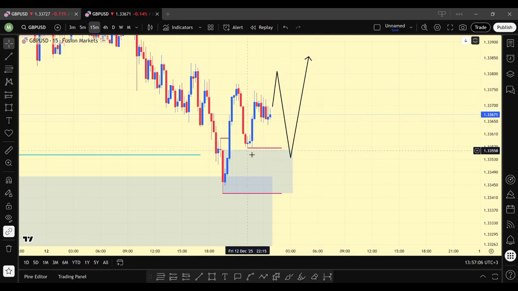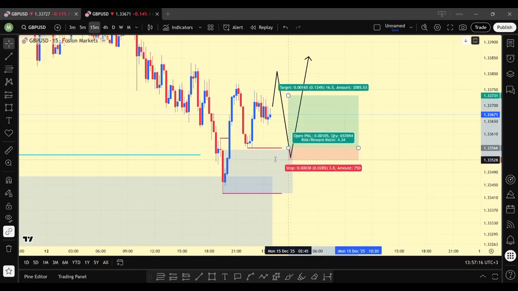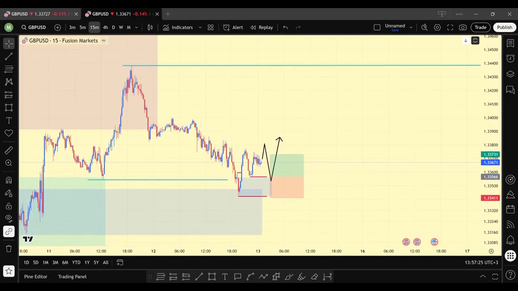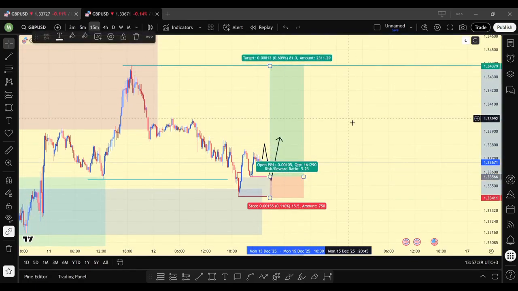So you can see change of character, major inducement, mitigation of the extreme POI. So we can buy from this area, or we can just buy there. Of course, since it involves the major inducement, the stop loss can be there or a few pips below. And then of course you'll be targeting the H4 external liquidity, which is this one, as your TP1,